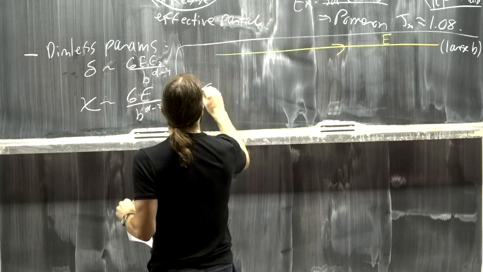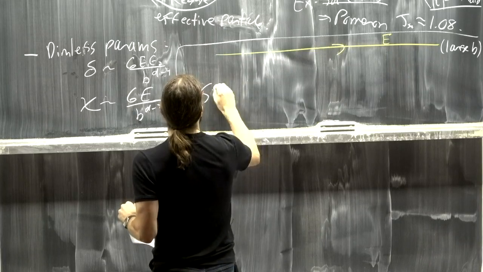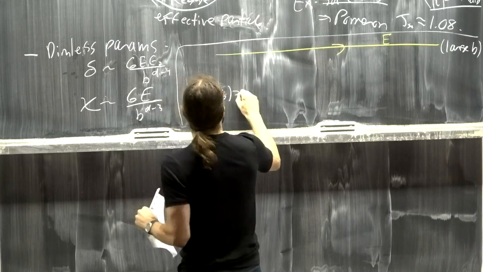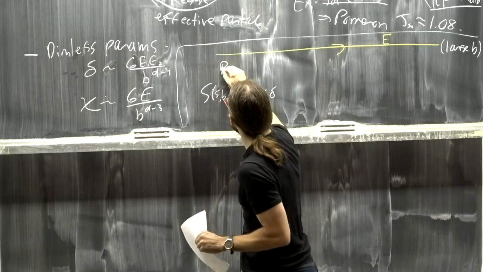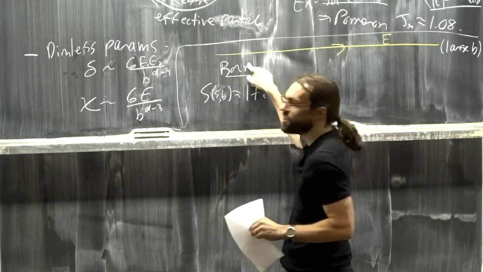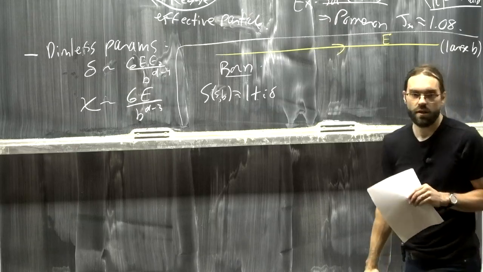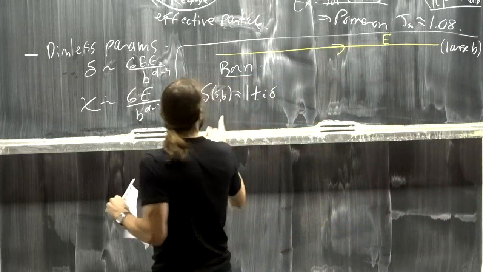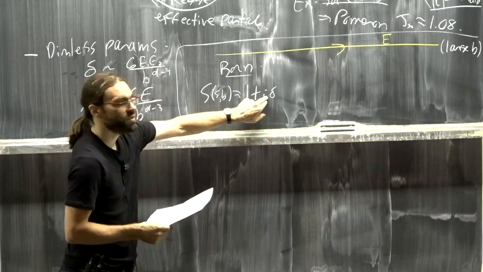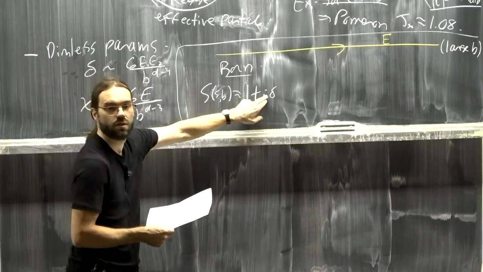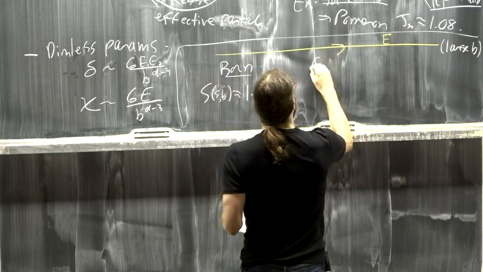So we have S(s,b) approximately equal to 1 plus i delta. This is called the Born regime, because you just exchange one graviton. It turns out that the next thing that happens as you increase the energy is that this tree-level phase just exponentiates. So you get the so-called eikonal regime,